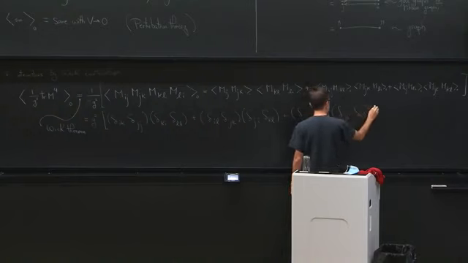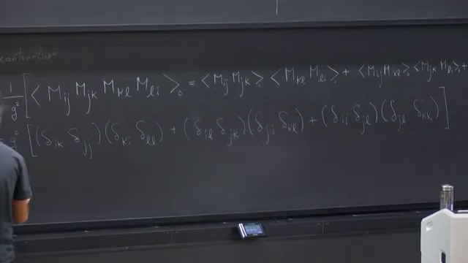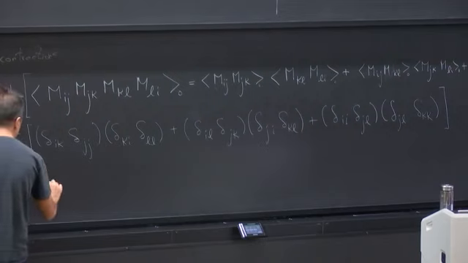You agree? And so we get g squared, parentheses, n cubed for the first term. Second term,